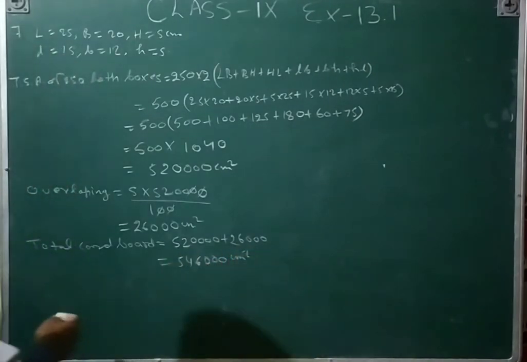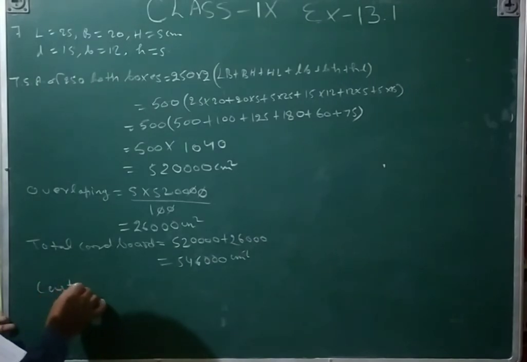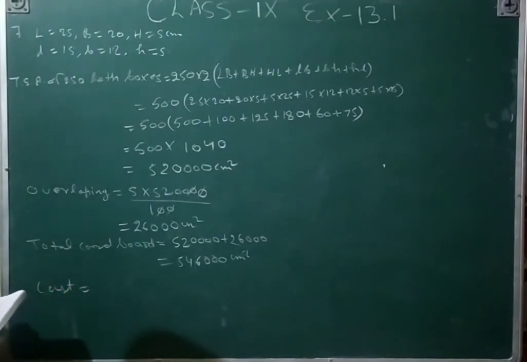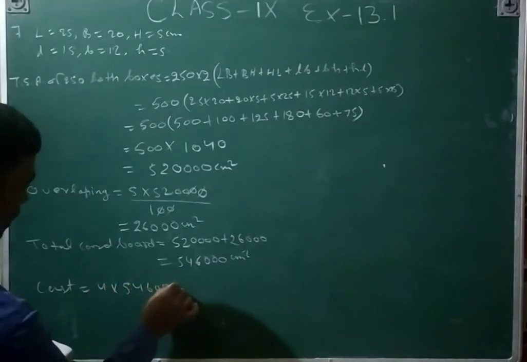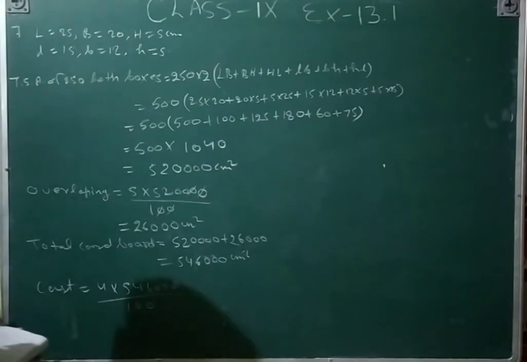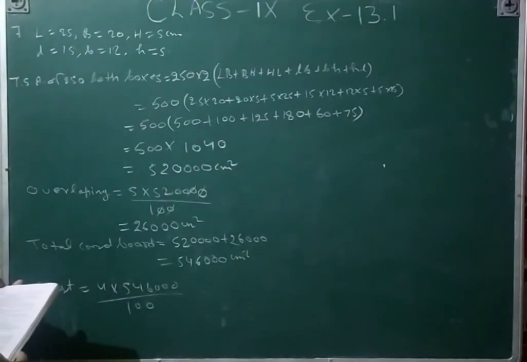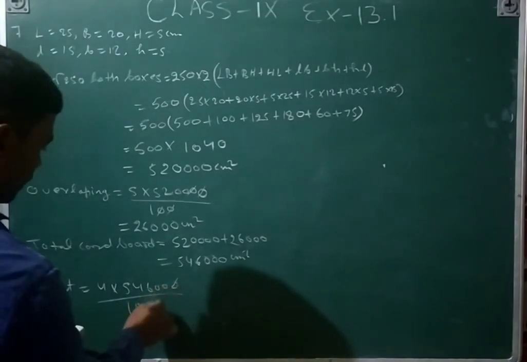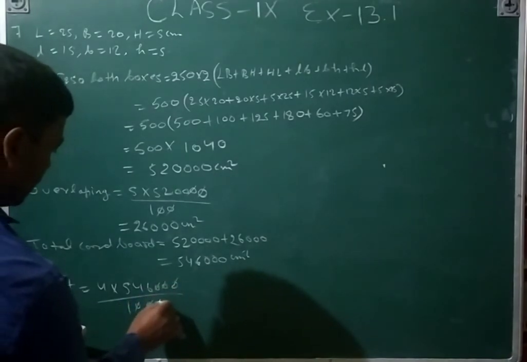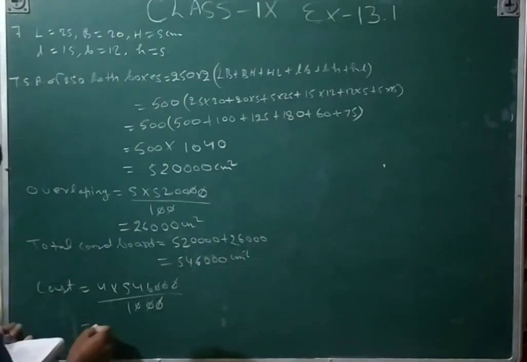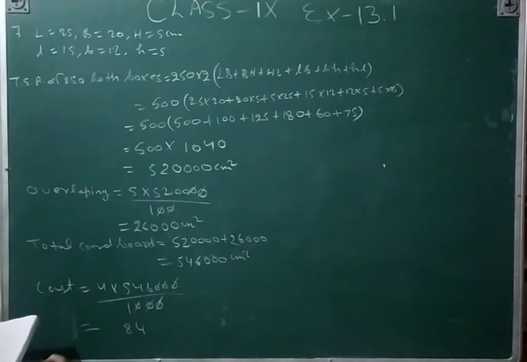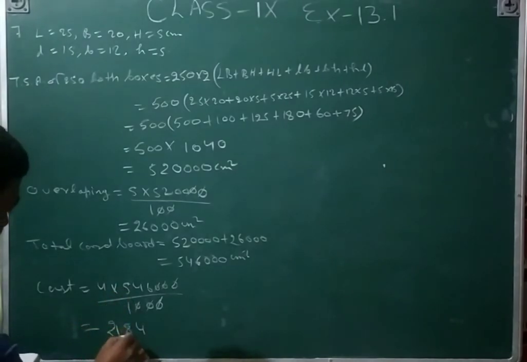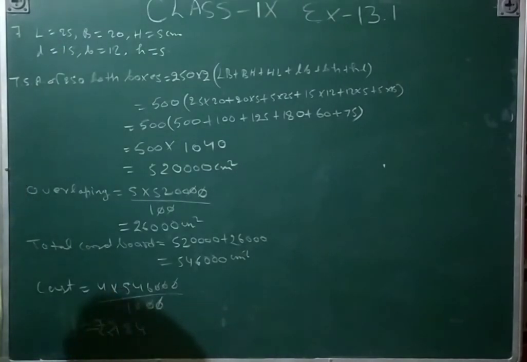This is the total cardboard. Now the cost will be there. Cost is equal to, that is written rupees 4 into 5 4 6 000 upon 1000, and then 1 2 1 2 3, that is 1000 is given there, 3 is cancelled. Now that 5 6 4 are 24, 4 5 16 17 18, and then 5 4 are 20 21 rupees, that is the cost of that cardboard.